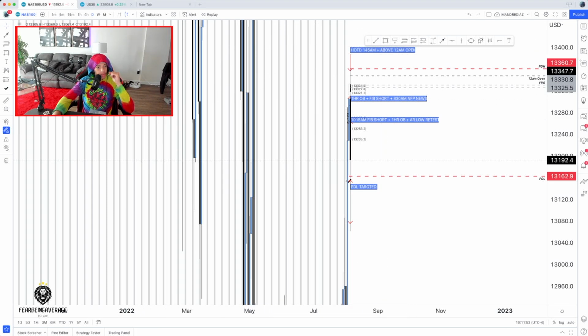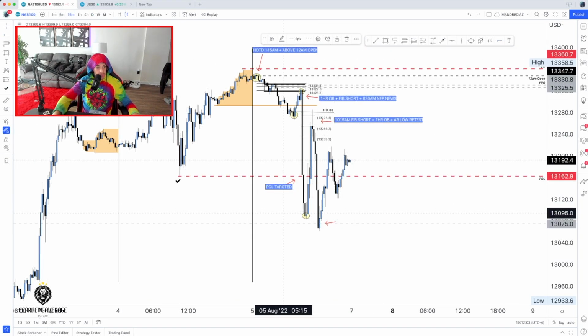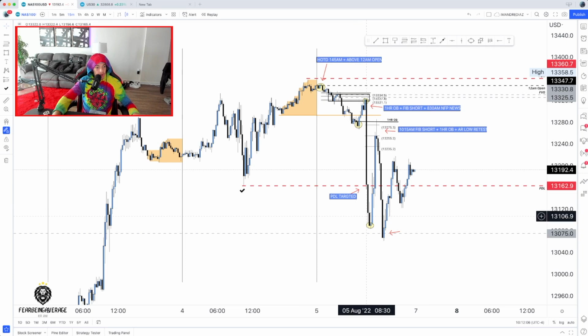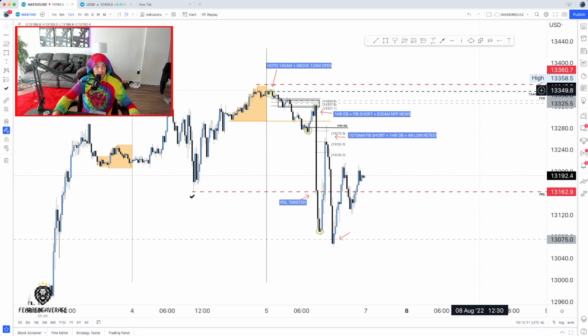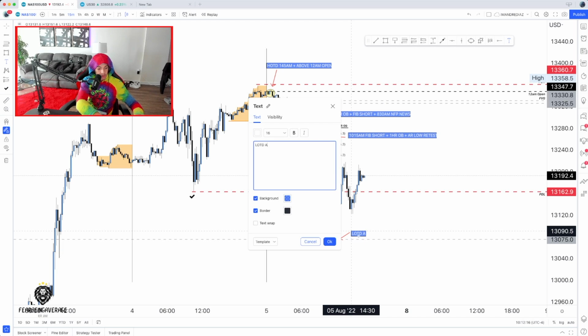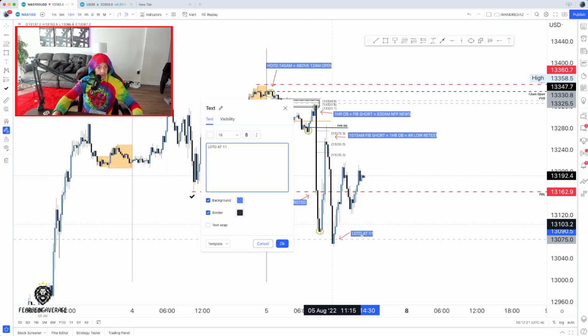Right here, I found it. We had the fair value gap get filled on the 4 hour time frame, right in here. See, that's why every time frame is important, because right here, you can see that we filled in that fair value gap. So that is where price ended up leaving to go higher after we filled in that gap. So let's annotate that. We have the low of the day at 11. What was it, 11:10 or 11:30? 11:15. At 11:15, along with the 4 hour fair value gap getting filled.